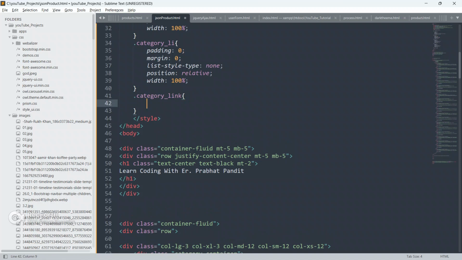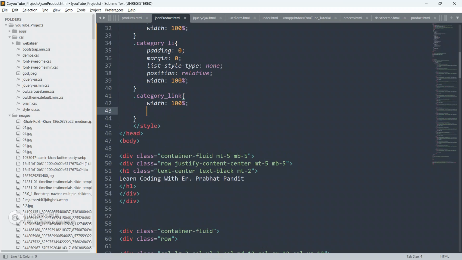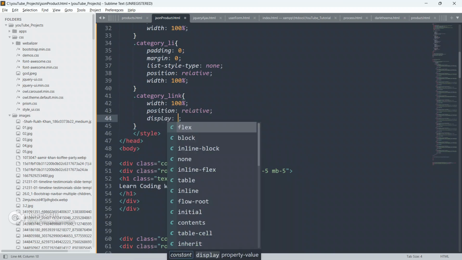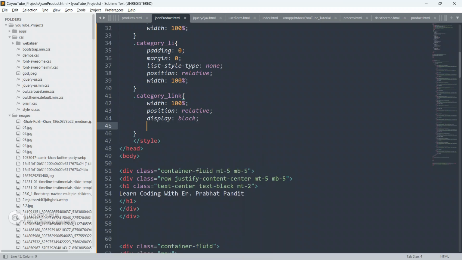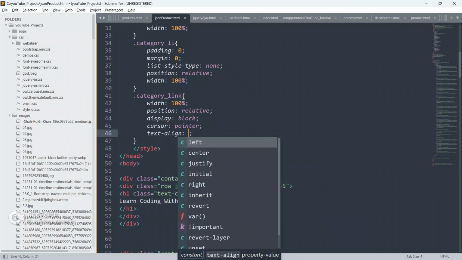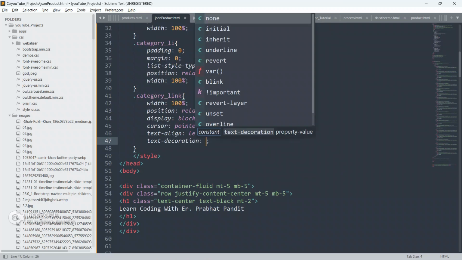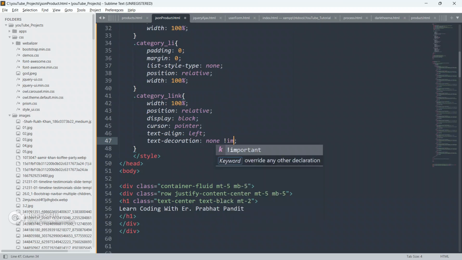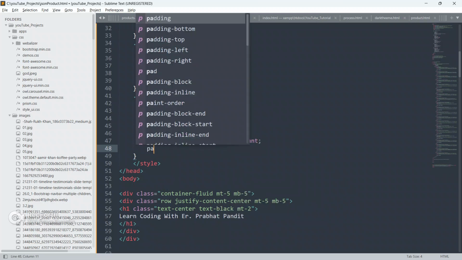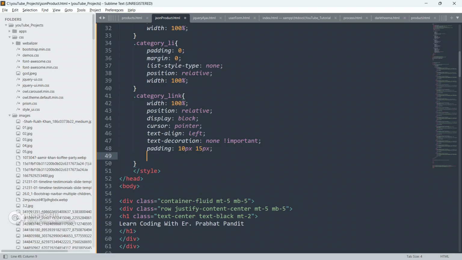Give width as 100%, position as relative, display as block, cursor as pointer, text-align as left, text-decoration as none with important, and padding as 10px and 15px.